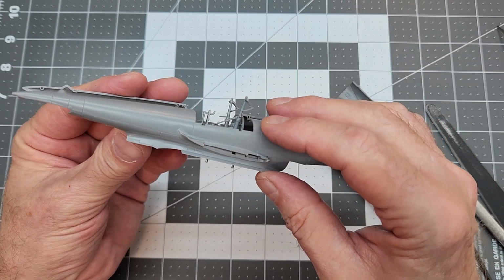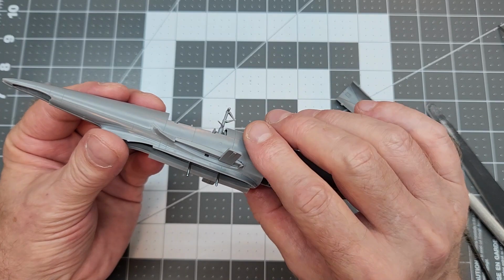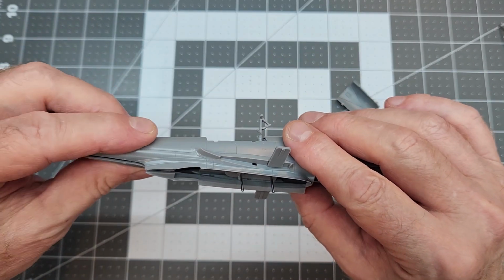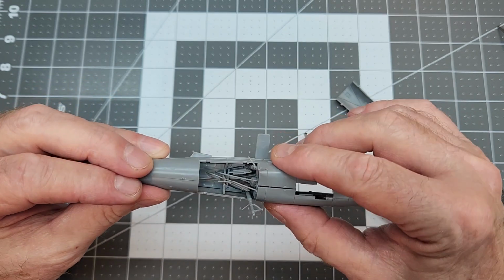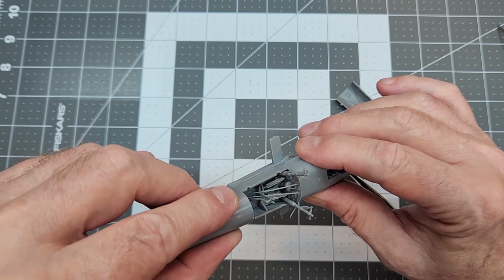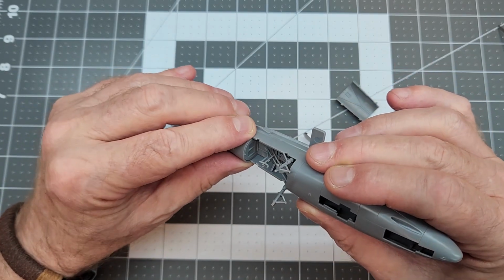So I'm going back to test fitting again with everything glued up, and I think everything's square and everything's going to be right, but I just want to make sure that we don't have any issues when we go to assemble the fuselage with these internal parts. And as you can see here, if I can get the angle just right, with everything